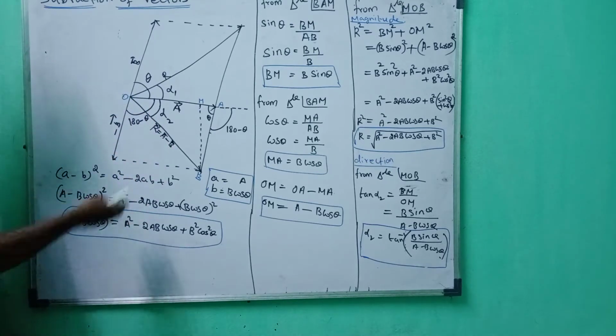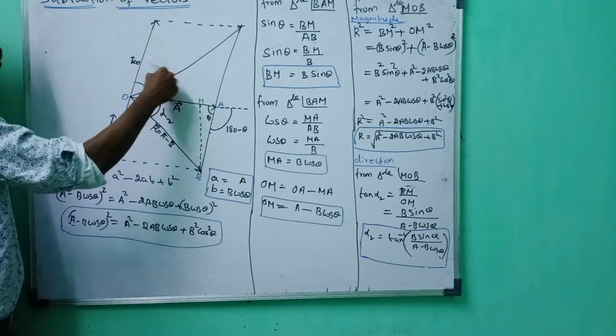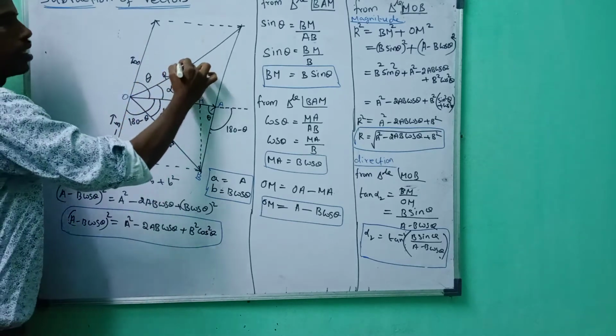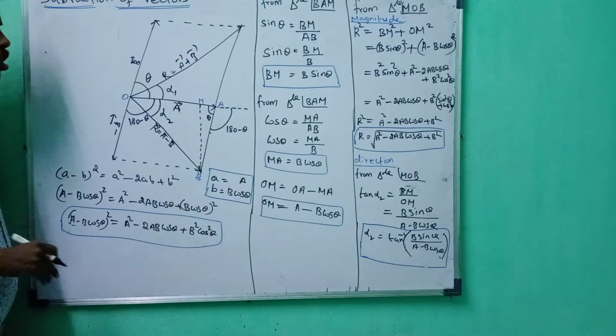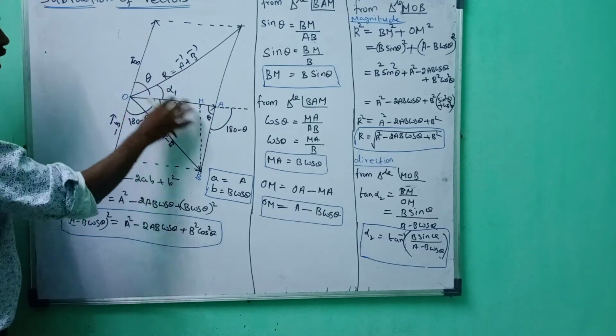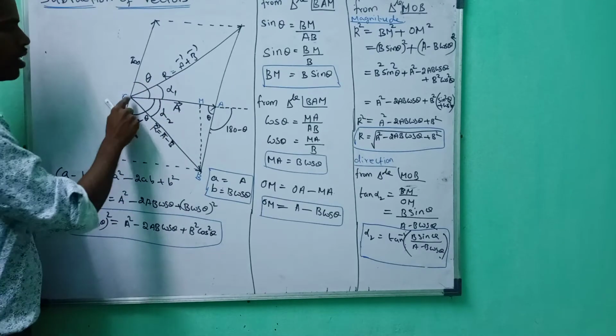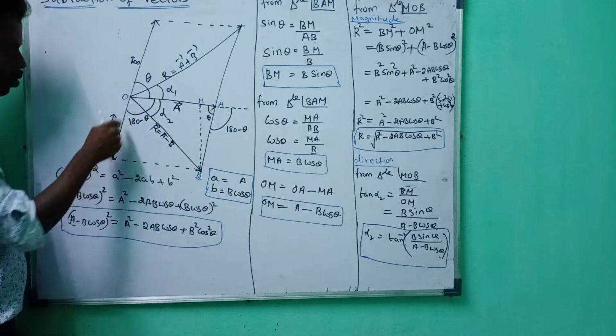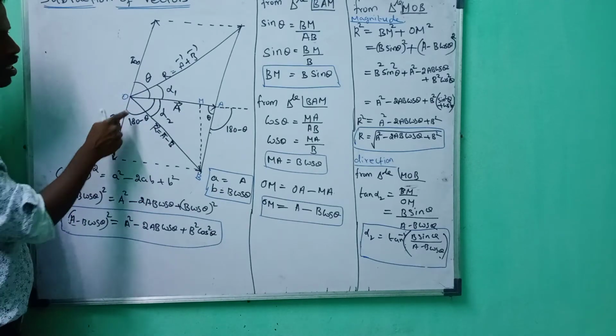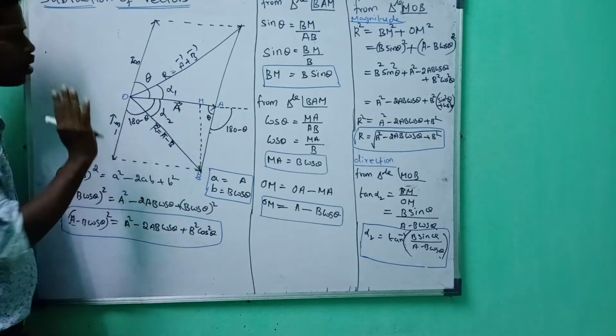We are going to do the operation in the particular section, not here. This is addition of vectors. This is only subtraction of vectors. So we are going to do the operation in particular portions. This is from O to A vector, then from O to here minus B vector. This is the resultant vector of the two vectors.